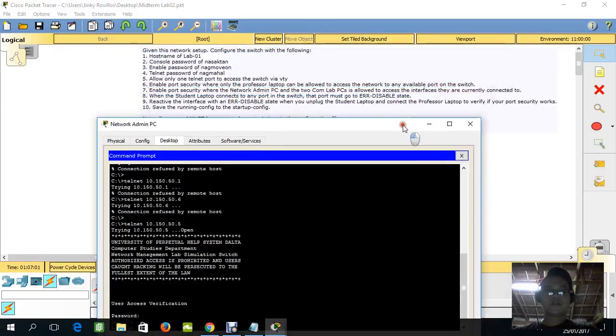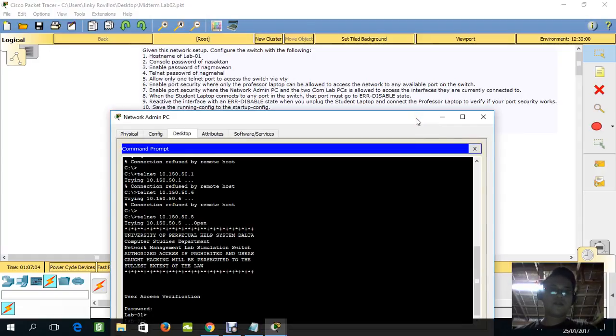So the last step that we're going to do is to save the running config to the startup config.